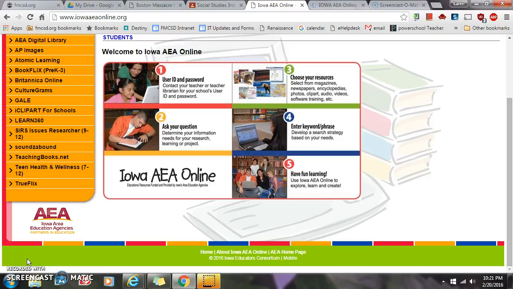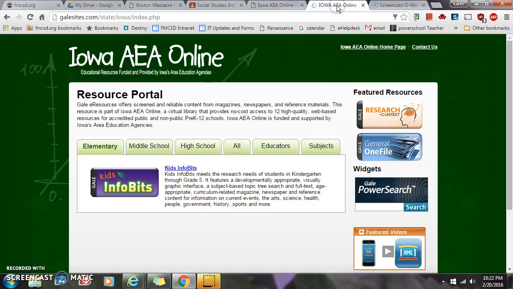One of the sources I want to make sure that you know about is Gale. Gale is a source that you can find through AEA Online. I'm going to take you to that by clicking over here. I've already brought it up, and as you can see, there are different levels that you can use with